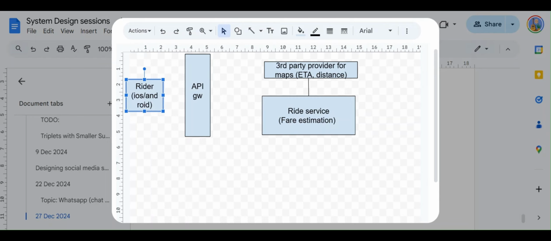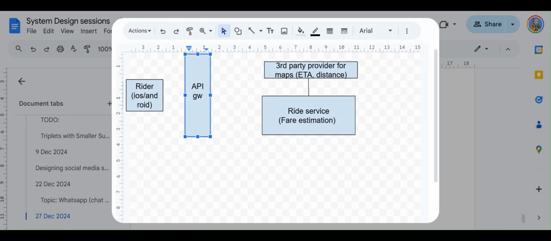There are a few more functionalities of API gateways which are these days embedded. All the modules are embedded within the gateway layer itself. This can be load balancing, rate limiting, and authentication.